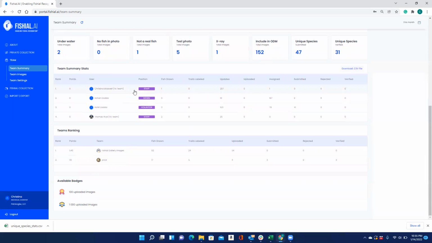Below that, you have team summary stats. You will have a list based on the ranking of the individual on the team with the number of points that they have earned. We're still currently working on this point system now. The user's name, their position on the team,